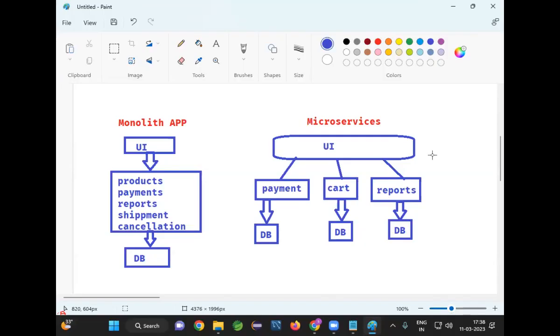So here, if you develop all the requirements in one project, that project is called a monolith based project. It is an outdated approach. 10 years back, 7 to 8 years back, people used to develop the project by using monolith architecture, which is outdated in the software industry now. What is the trend in the market? The trend in the market is microservices. What is the meaning of microservices? Whatever the client requirement is, don't develop the entire code in one project. If you develop all the functions,